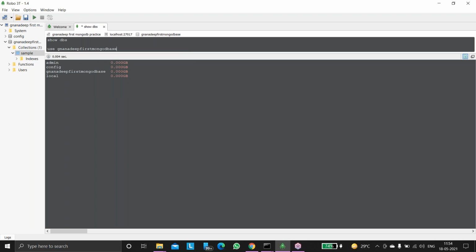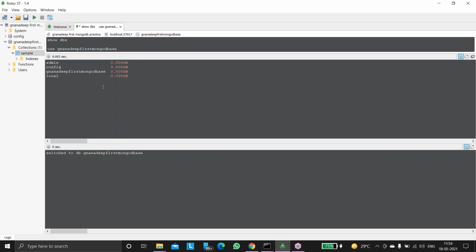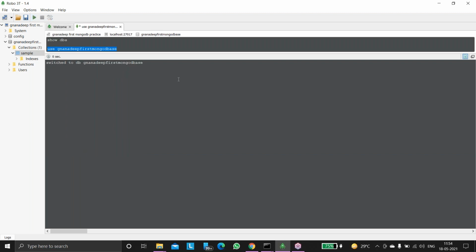Right. Select that query. Select it. Gnanadeep, not like that. We need to select that query. You did not select it directly, or click on the play button. That is not the correct thing. Select that query. Right now, click on the play button. Of course, the result is coming, but all the commands will execute. That is not the correct thing. Okay. Right. Click on the play button. Right. Okay. We have switched it.